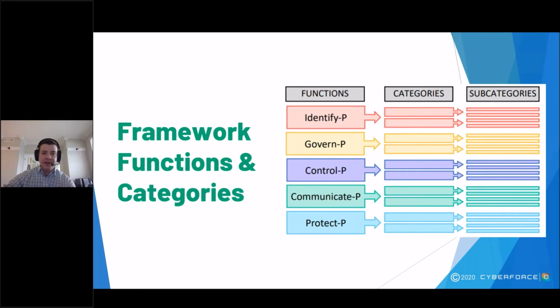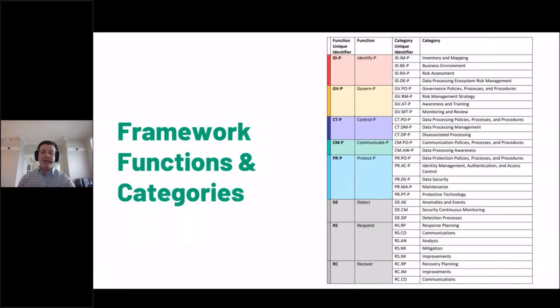Within each of these functional areas, we then have a number of categories. And for the best way to convey what those are, I'm going to flip over to my next screen here. And as you can see, there are 18 different categories. In the interest of time, I won't walk through each, but I'd like you to notice just how broad this framework is. You'll see high-level categories surrounding the business environment, all the way to some very focused topics like identity management. If you can make it out from the screenshot, you'll be able to see that there's actually these category IDs at the end of each name, and these make it easy to tell which functions the category is from.